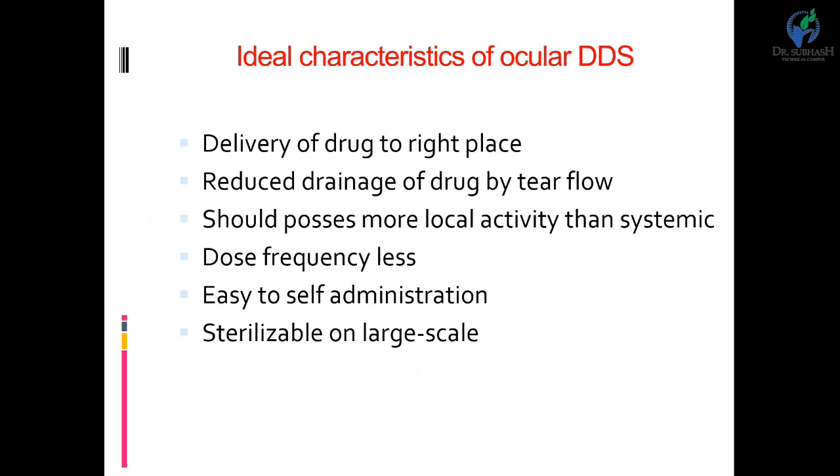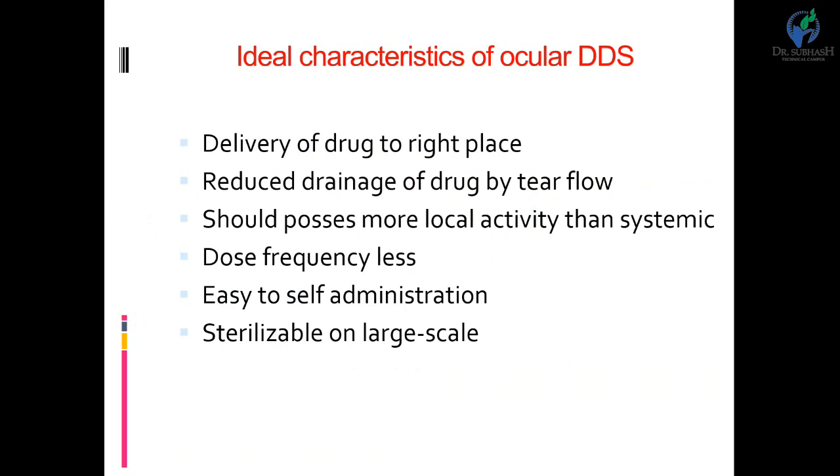For the mechanisms of drug release into the eye: corneal absorption is the major mechanism for absorption of most conventional ocular drug releases. Passive diffusion is a major mechanism for absorption if we go for erodible or non-erodible ocular inserts. Controlled release can be further regulated by the gradual dissolution of the solid dispersed drug within the matrix-type formulation that we prepare, which results in inward diffusion of the aqueous solution. That is the mechanism of drug release in the ocular part.